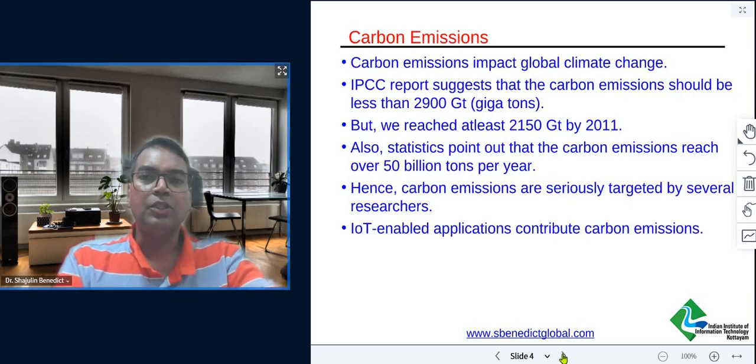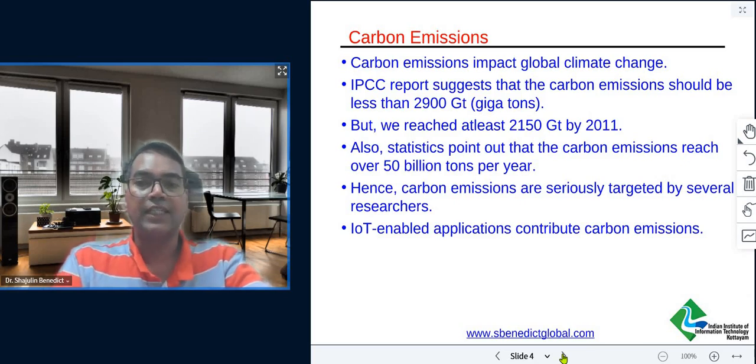In fact, carbon emissions are very impactful, which changes the global climate. The heat that rises on Earth is tremendously increasing, and it is expected that it is creating a big hazard in the near future. That's the reason IPCC reports and many organizations have come forward to address this challenge, to address this problem. We reached at least